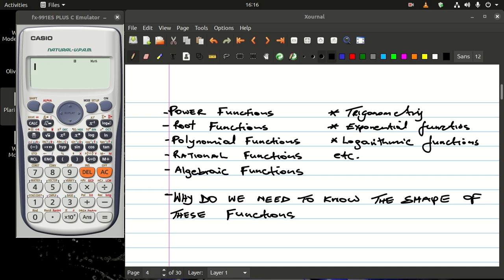Another important concept is that concept of functions. So we're going to be talking about functions here. And the basic functions are power functions, root functions, polynomial functions, rational functions, algebraic functions, trigonometry, exponential functions, logarithmic functions. Now, what we will basically be doing here will only be focusing on the domain and the shapes of these